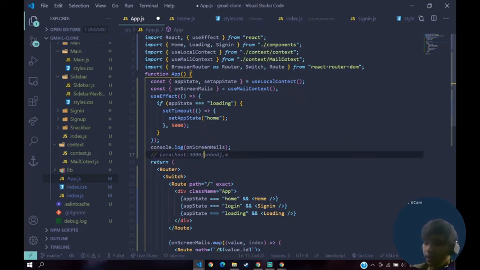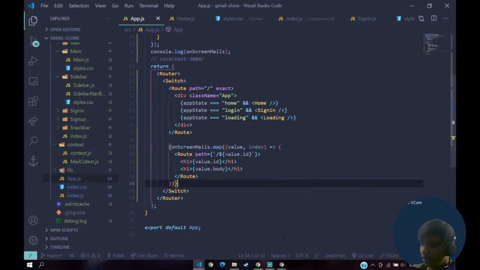The way route works is, whenever we are saying path slash here, whenever it sees slash inside of that link, it will automatically render this, whatever is written after it. When it is exact, it will only check whether after localhost 3000 there is a slash or not, and only then will it render this, right?